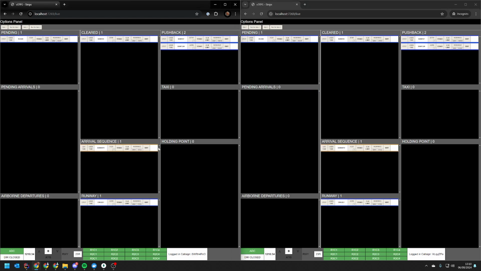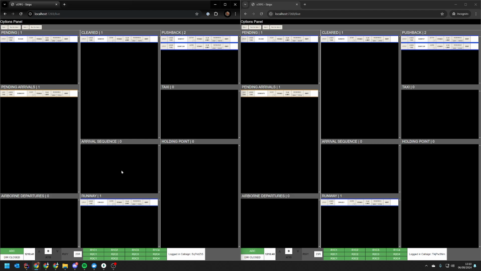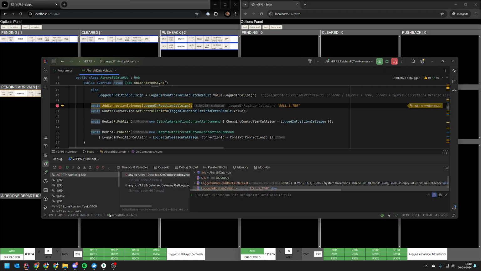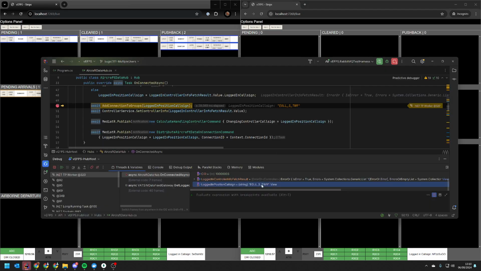The same is true for arrivals. All of these strips behave in the same way and adhere to their workflow. There are a few teething issues, but principally everything is fine. Now, that was sort of working before. It wasn't dependent on the idea that data was going to go to the hub and then be redistributed to the client. But to demonstrate this point more clearly, we can pretend here that this is